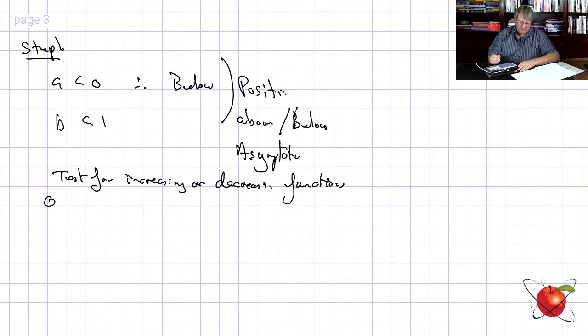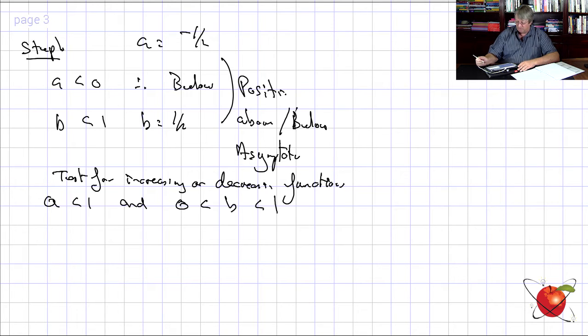What do? Okay, I say, right, have a look. A is less than 1 and B is between 0 and 1. Okay, can you see that? Because B is a half. B equals a half. A equals minus a half, right? You can see those on your work schedule. So we say A is minus a half, so it's less than naught, below. B is a half, therefore it lies between there and there. Okay? Then, therefore, that means the graph